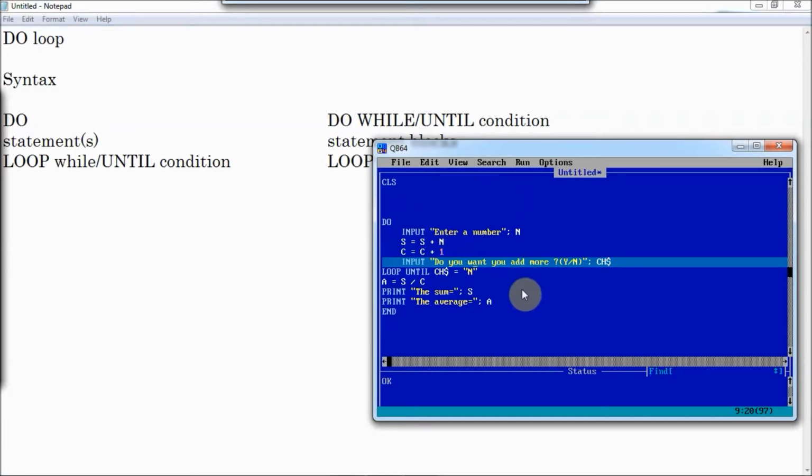Okay, let's try this program now. This program will not stop until you enter n. Whether you give y or a or anything, it keeps on running. Let's see this one.